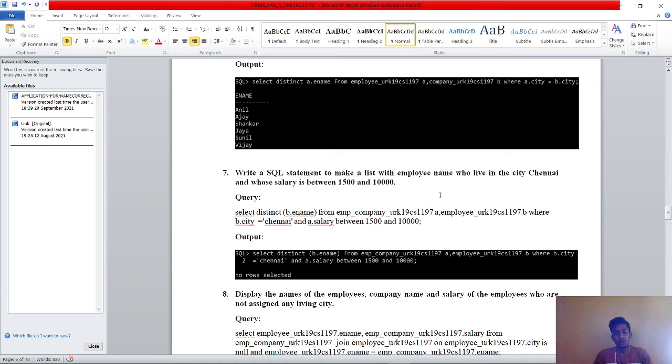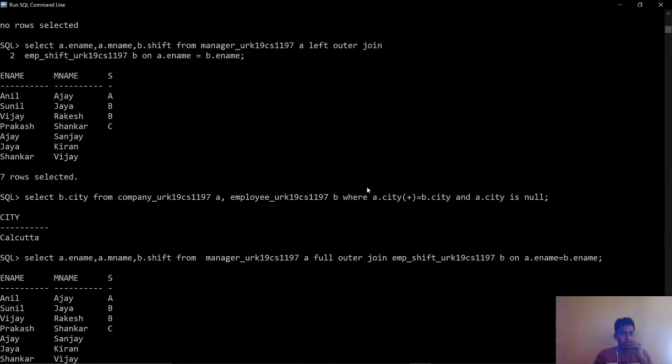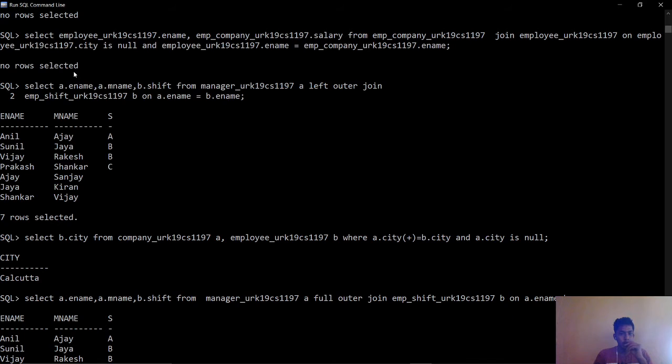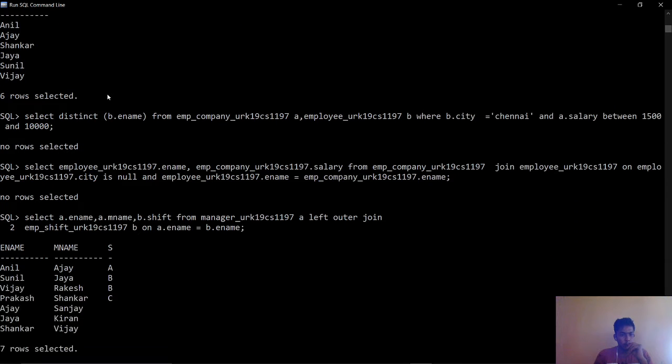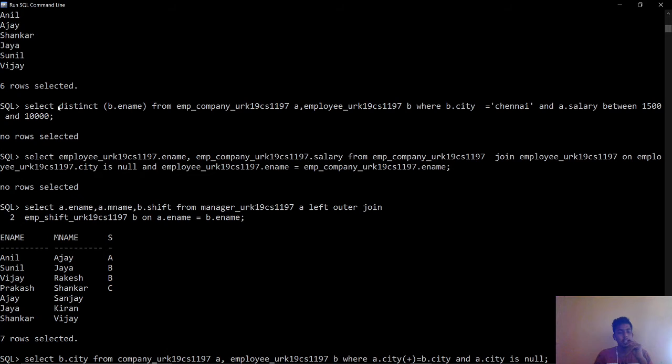So select distinct the employee name from the employees company table and the employees table B, where B dot city equals Chennai, where the employees live in the city called Chennai and their salary is between the given range and 10,000.